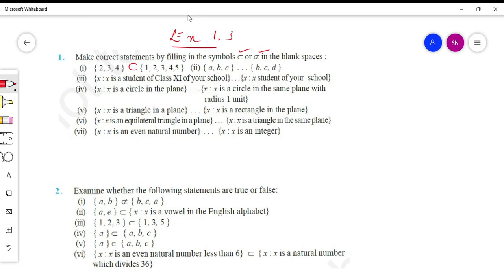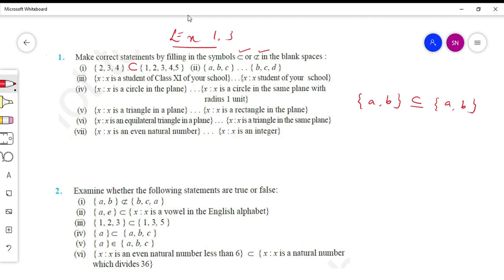So it actually is a set. So I'm considering set A as {a, b, c}, set B as {b, c, d}. So obviously A, B, C has 3 elements. B, C, D has again 3 elements. Okay. And one more thing which I would like to tell you all, for it to be a subset, always understand, a set will always be a subset of itself. Now, for example, if I have set {a, b}, dash, set {a, b}, then in this particular case I can conclude that set {a, b} is a subset of {a, b}.